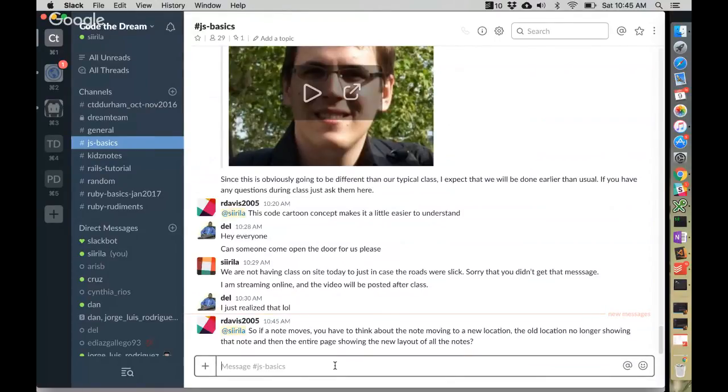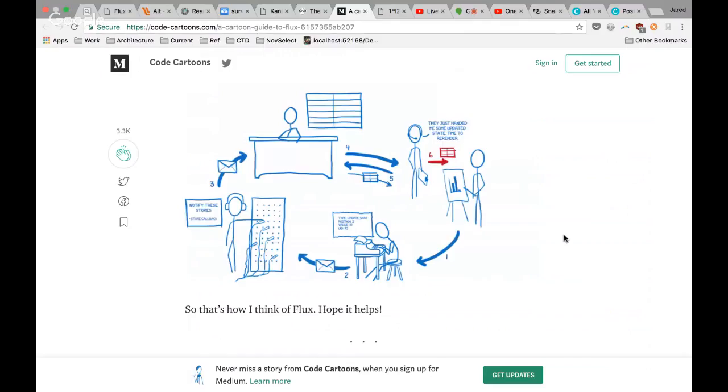So Randell's asking, if a note moves, you have to think about the note moving to a new location, the old location no longer showing that note, and the entire page showing the new layout of all the notes. Yes. So when we get to, let's go talk about